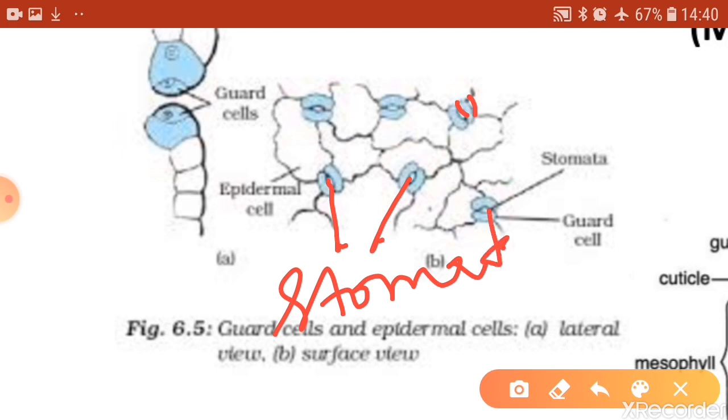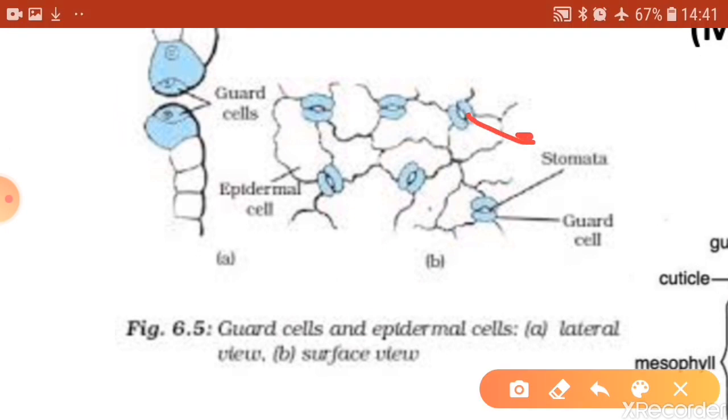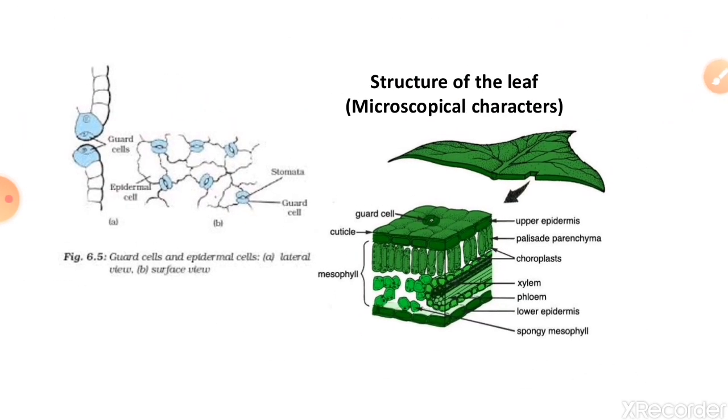So stomata are the tiny pores present on the surface of the leaves which are meant for two things. Through the stomata, gaseous exchange occurs for photosynthesis as well as for respiration, and it is through stomata that the loss of water in vapor form occurs, which is called transpiration. Each stomata, as you can see here, is surrounded by two bean-shaped cells. These bean-shaped cells are called the guard cells, and these guard cells control opening and closing of stomata. So that is another important function of epidermis.